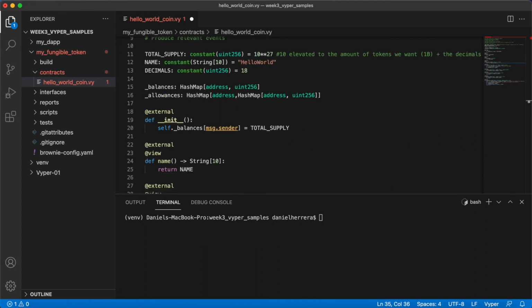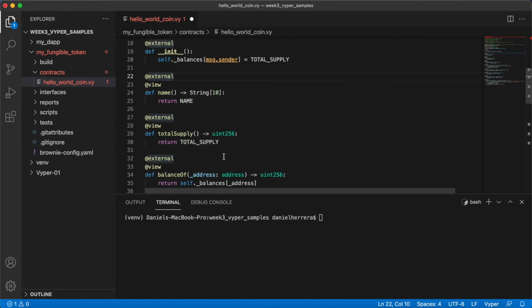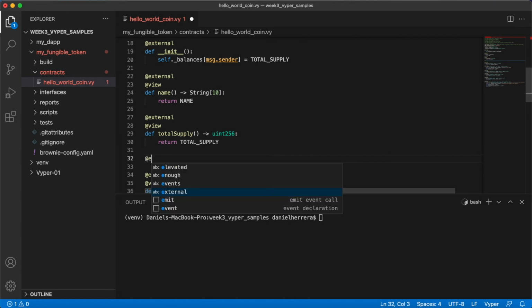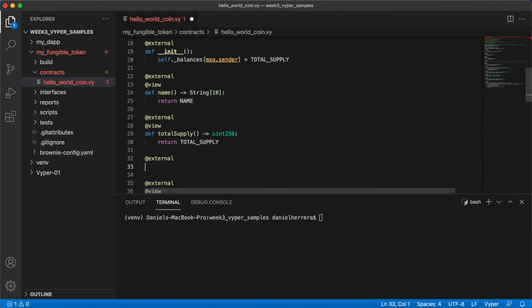And we need a couple of view functions here that we have not implemented. So we are going to implement them now. We are going to implement one external view to see the allowances. So we're going to have external view def allowance, and we're going to say